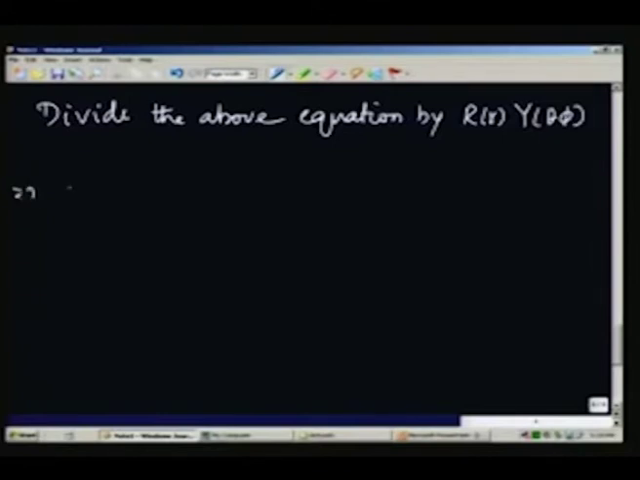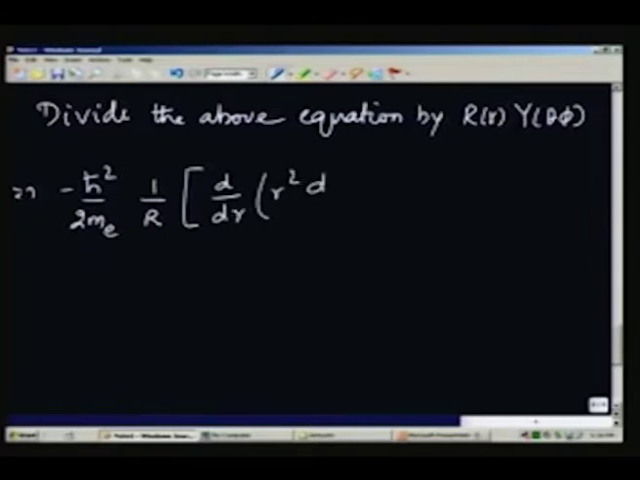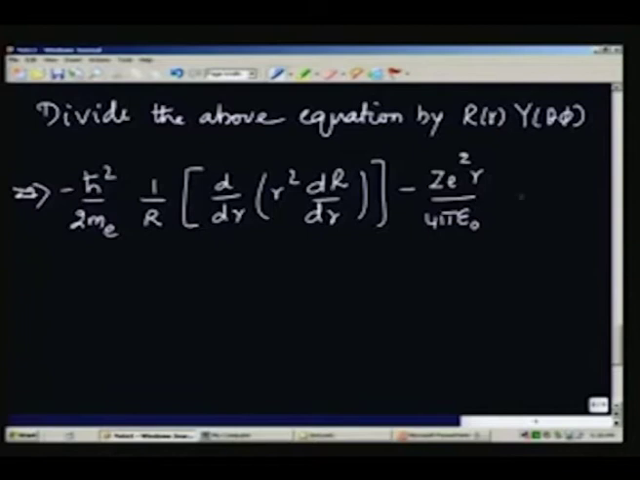So when you do that, it is minus h bar square by 2me, 1 by R, d/dr (r square dR/dr), and let me bring the other r dependent terms here, namely minus Ze square r by 4 pi epsilon naught. Okay. There is no factor here, and then there is one more, which was the energy term on the right hand side, which if you have to bring it on this side, it is minus E r square. All of this